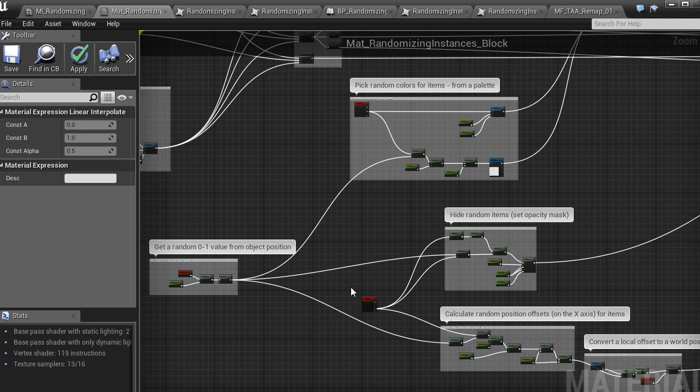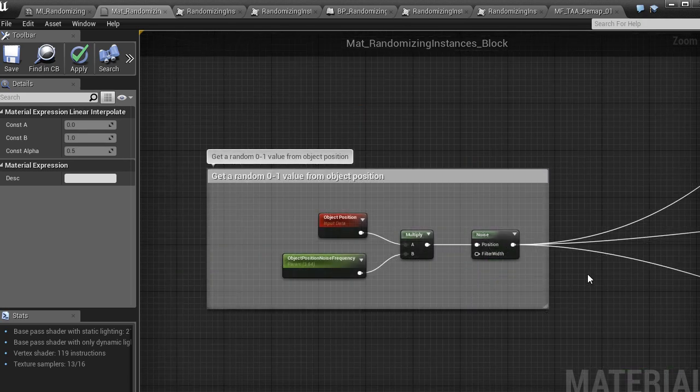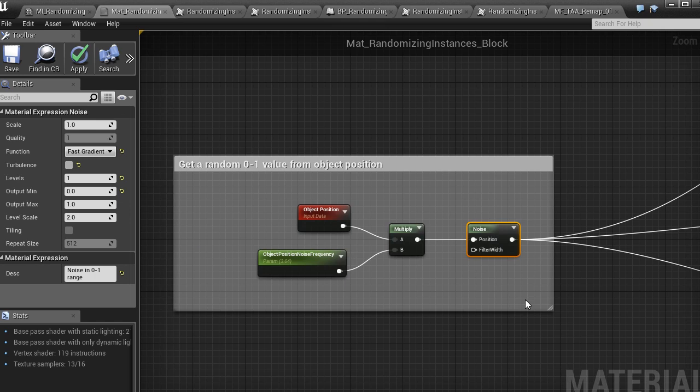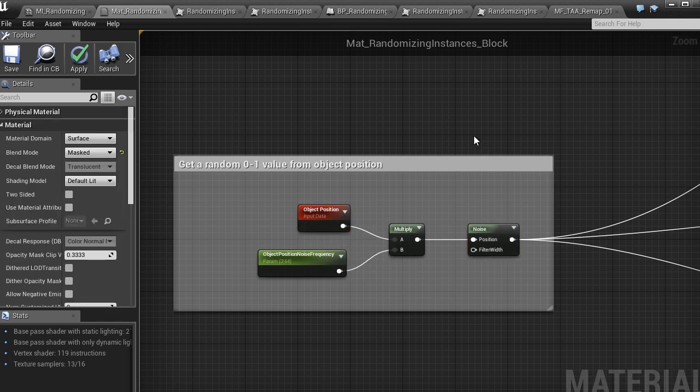Now let's see this part of the shader. This is a very useful thing I told about some time before. It's again a noise function here, but this time not taken from the vertex position but from the object position. So what I want to have is a random number between 0 and 1 for every separate object.